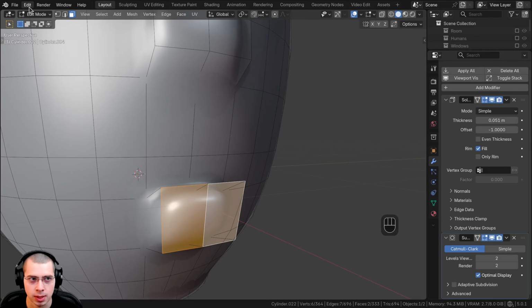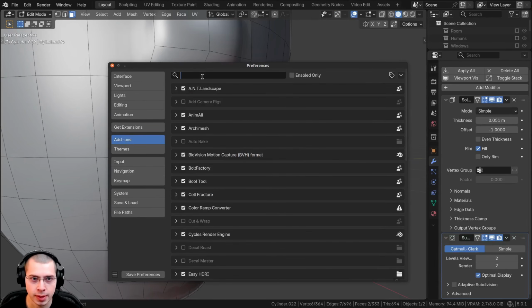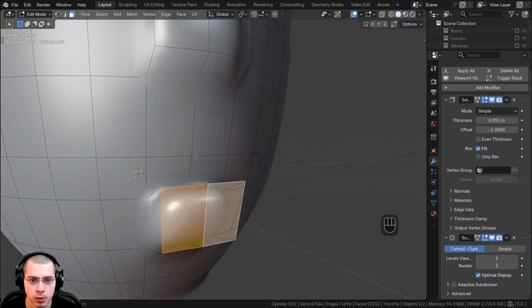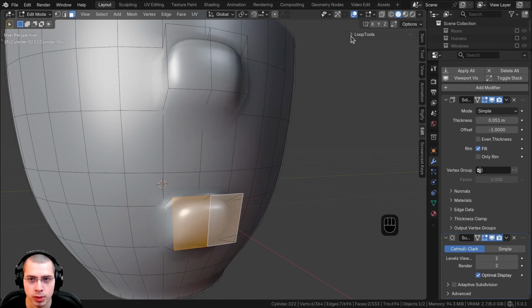So I'll click on edit, and I'll go to the preferences. And in the user preferences on the add-ons tab, I'm going to search for loop, and I'm going to enable the loop tools add-on, and then you can also save the preferences if you want to, and I'll just close it. So with the loop tools, I'll hit N to open up the side panel, and I'm going to click here on edit, and make sure you're in edit mode when you do this,